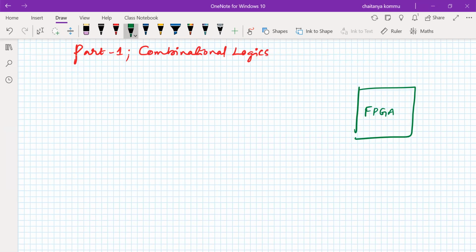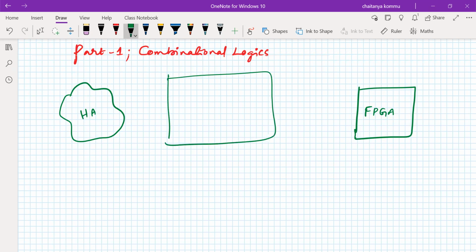I want to utilize this FPGA according to my purpose. My purpose is, for example, to create a half adder. If I want to use a half adder, I cannot go to the lab and connect all the components and do all those things. I don't want to do that kind of conventional mechanism. Instead, I consider this FPGA, and whatever design I make here, I just dump into the FPGA. That FPGA is available in my hand, so I can use the FPGA for the purpose of a half adder. Therefore the FPGA can act as a half adder.